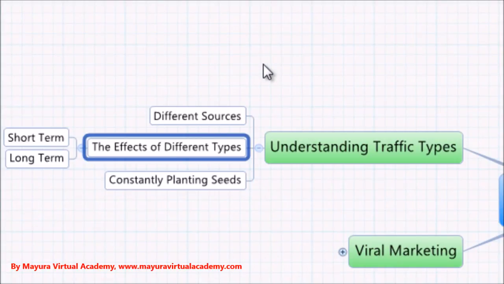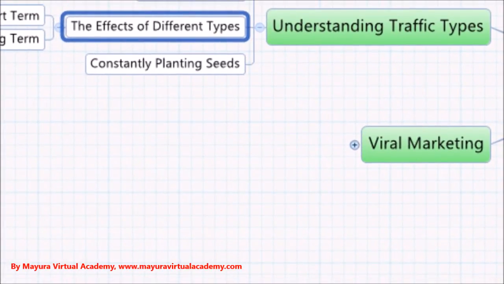It's also important to constantly be planting seeds for traffic, so to be constantly communicating with other people, whether it be through forums or article marketing, blogging. Any of those things are good methods of planting seeds for later on down the line. You could direct people to an offer, to your blog, or to a source of information that helps them out. And the more value you provide for more people, the bigger your list will become, and the more you'll be able to use that as your source of income.